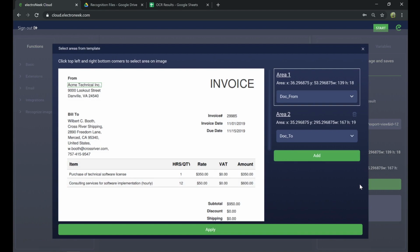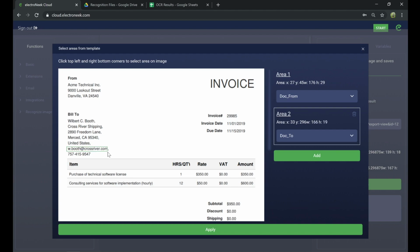Right now, there are 2 areas where we want the robot to look. An area we name doc2 and an area we name docfrom. Changing these areas is extremely easy with our capturing tool. For instance, I can readjust both areas by simply clicking and dragging the new boxes around the areas that I